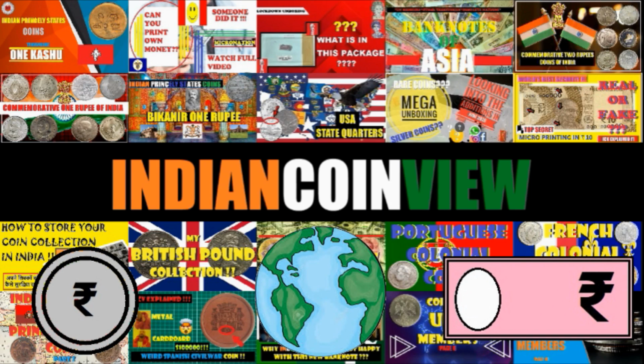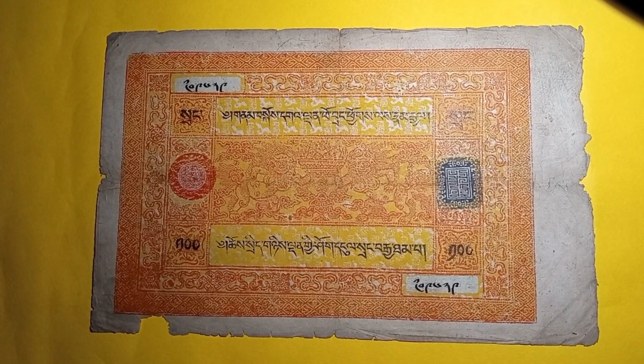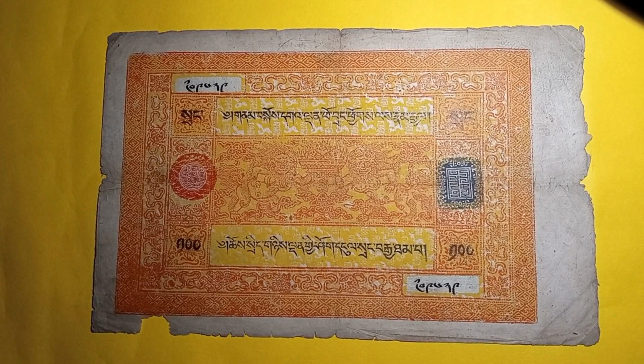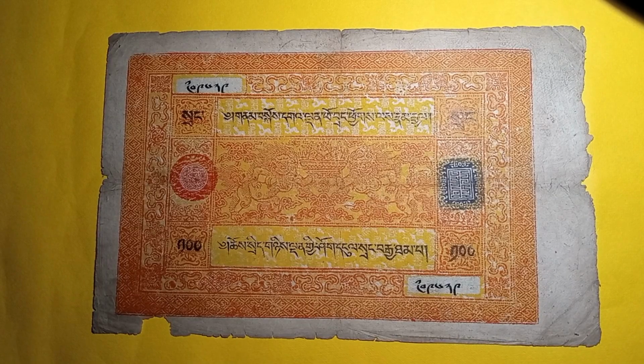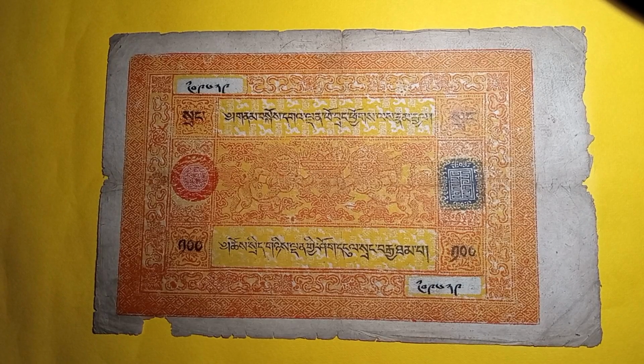Around the world. So guys, today we are going to look into the favorite banknote in my collection as of now. That's the Tibetan 100 Srang banknote. A lot of people have fantasies over this banknote because of the way it is printed, the design on the face and the other side of the banknote, and the amount of meaning that a particular culture has tried to adopt through its banknote and wants to share